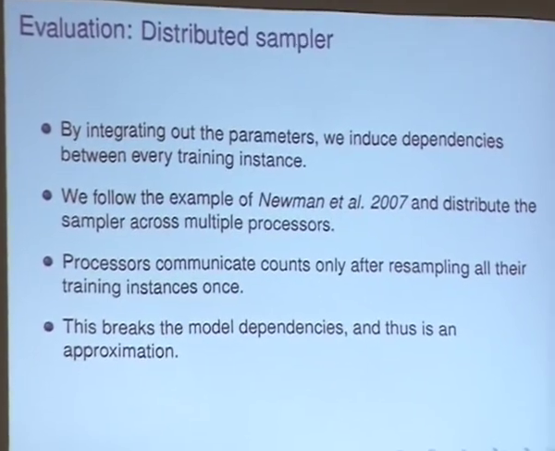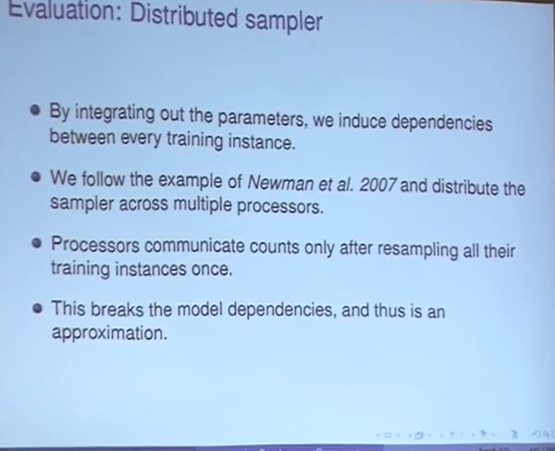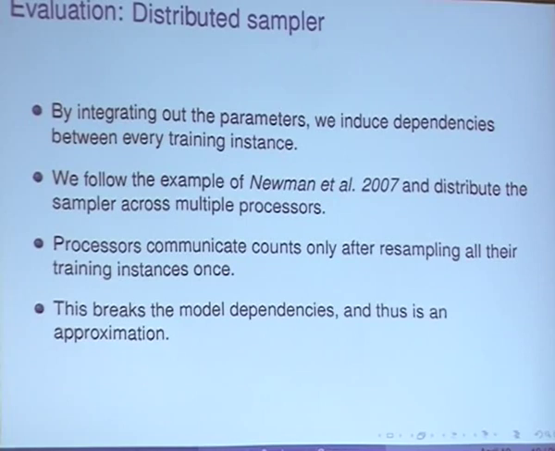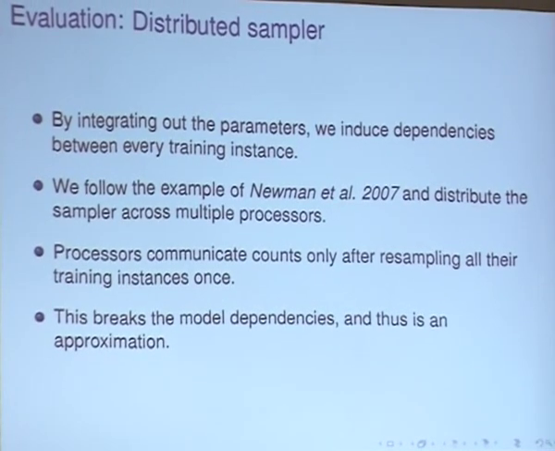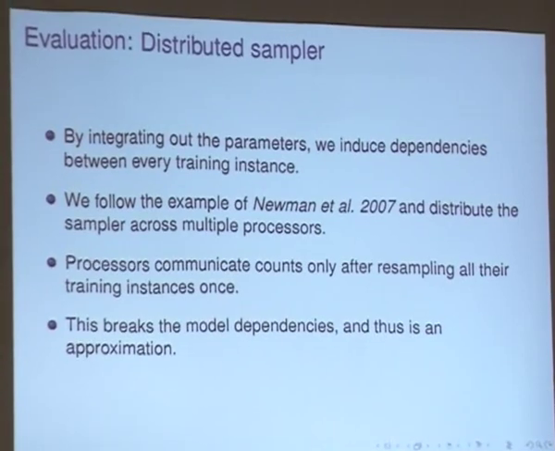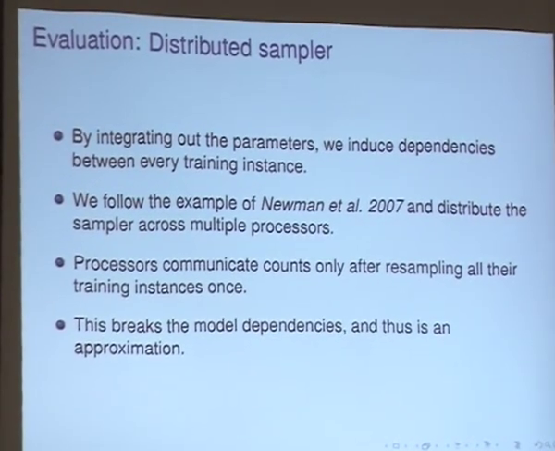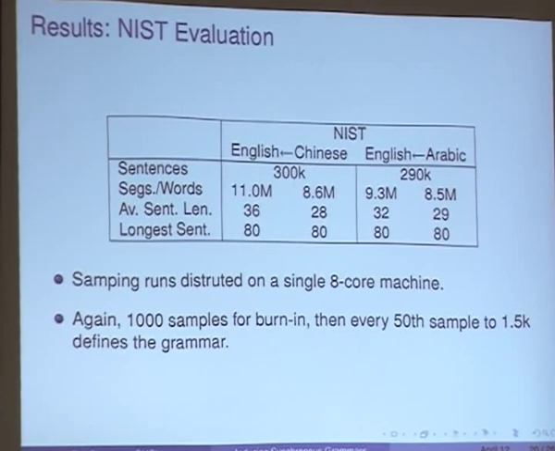We want to do it with a lot more data, but to do that we're going to have to distribute our sampler, because the way I described the sampler, it's just a serial process on a single computer. So we'll distribute it. I'm going to gloss over the problems this causes because it takes a while to describe, but basically there's a paper by Newman at NIPS which explains how you can distribute these samplers. It is an approximation though, so we'll have a quick look at the approximation before presenting the results.